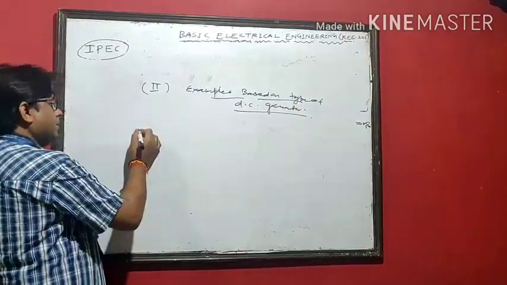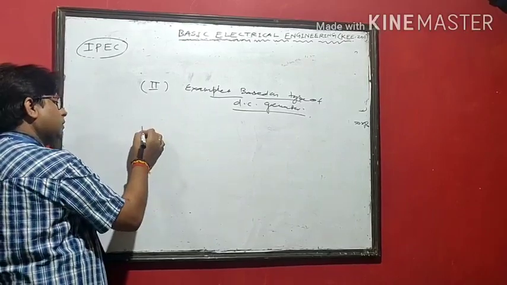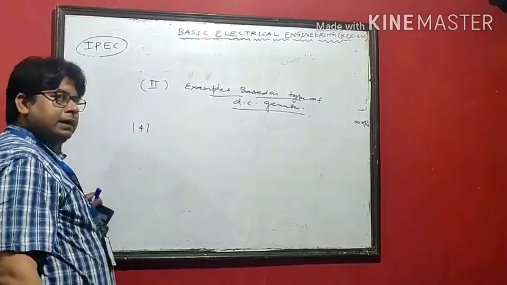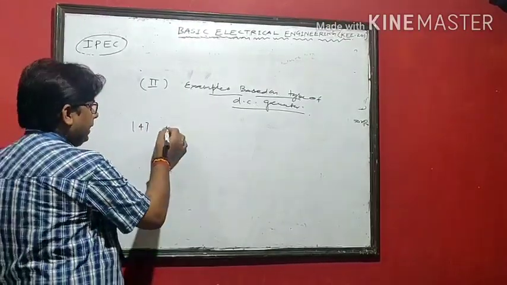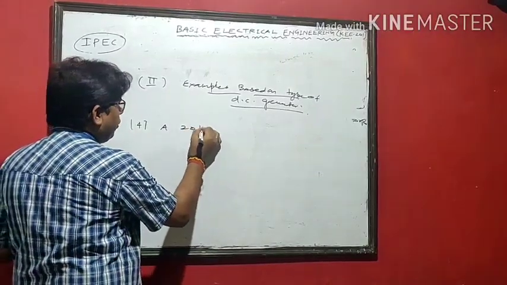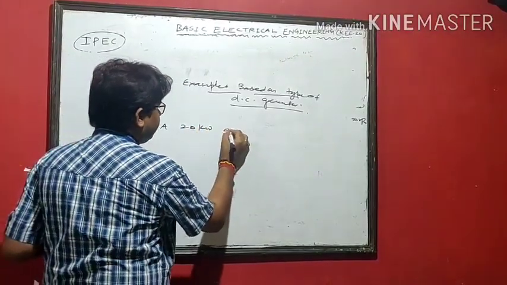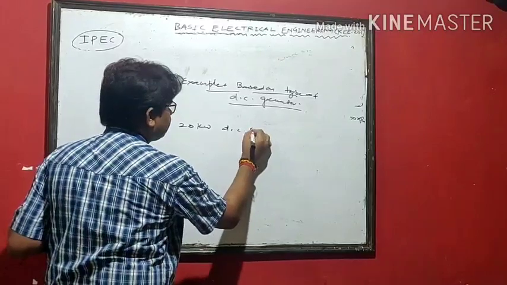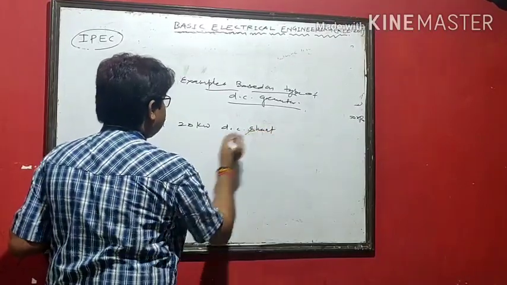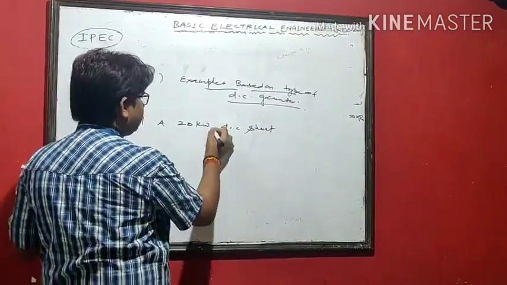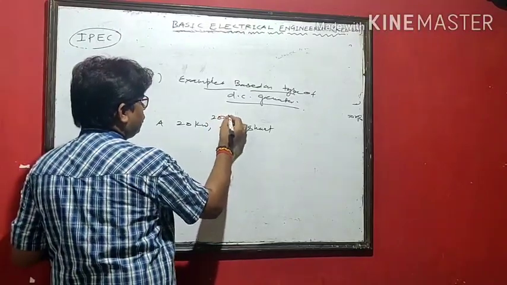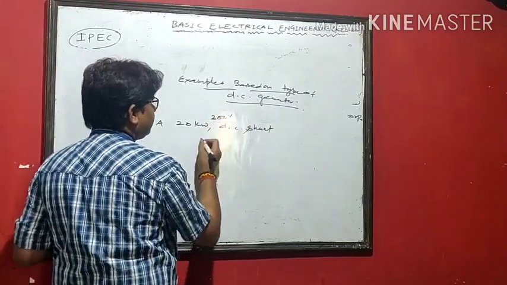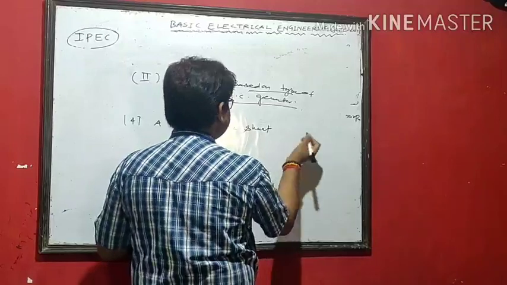Among these questions, question number 4: a 20 kilowatt, 200 volt DC shunt generator